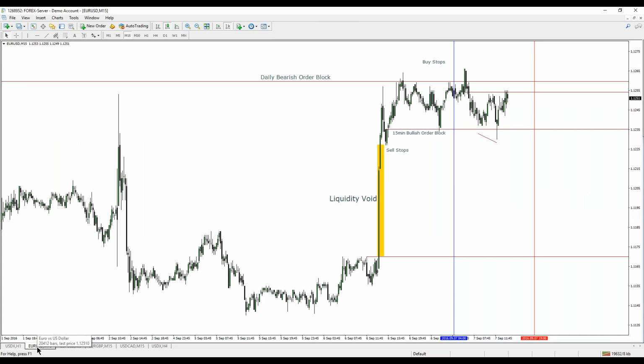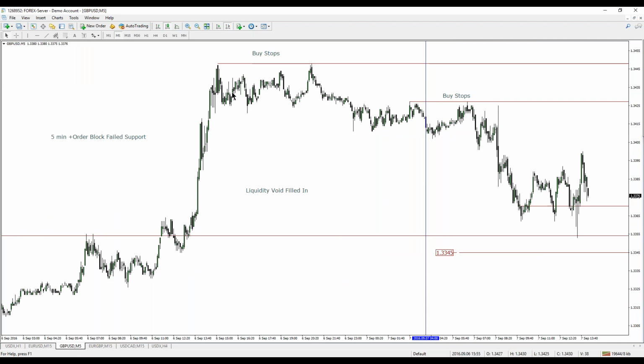Euro dollar's still holding, man. I don't know. I think they came down here and took the stops here and here, and they may want to expand, take out the high that was established in London last night. Unless it just rolls over completely here, that's what I would expect. But I find it very interesting that it's kept its void intact while at the same time cable gave it all up.